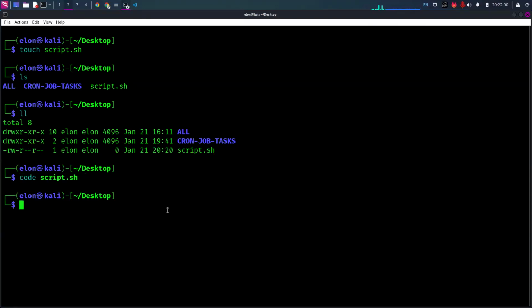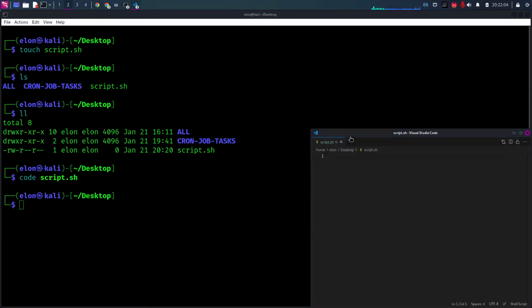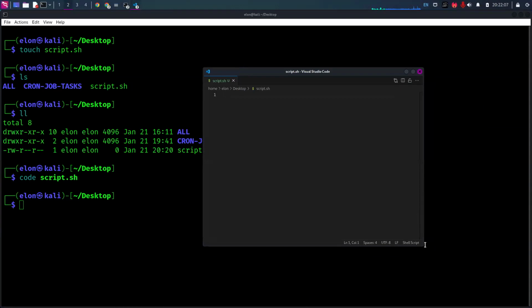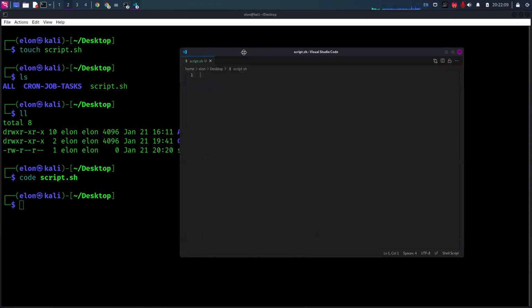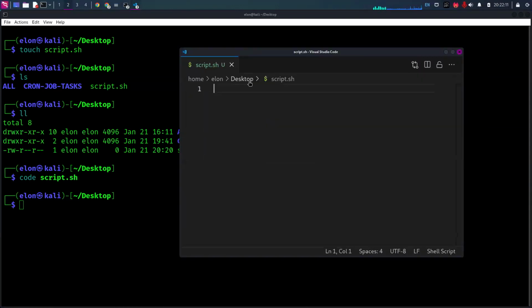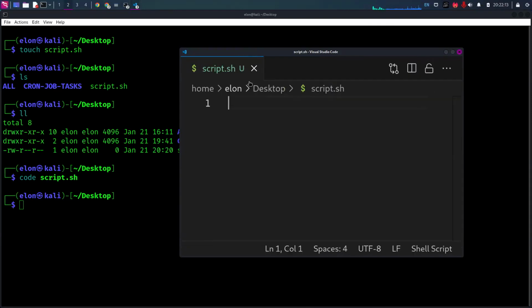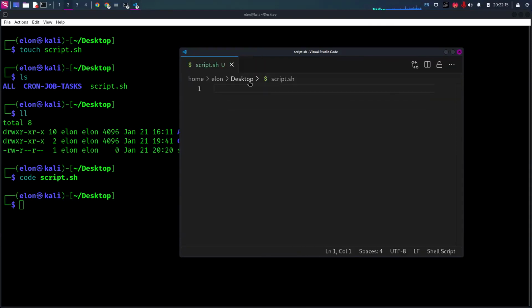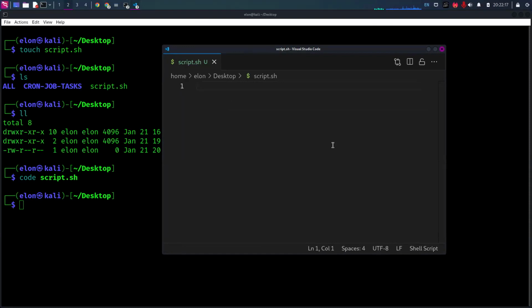I'm going to write code and then script. So basically, I open my VS Code, this one. You can use any text editor you like, but I'm going to use this one. So as I was saying,